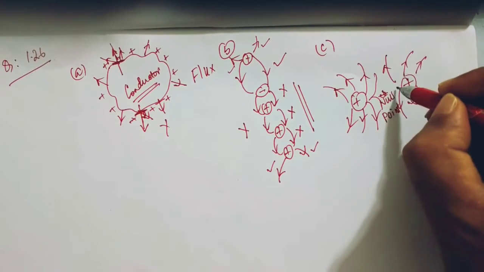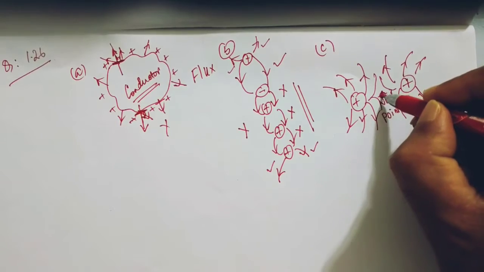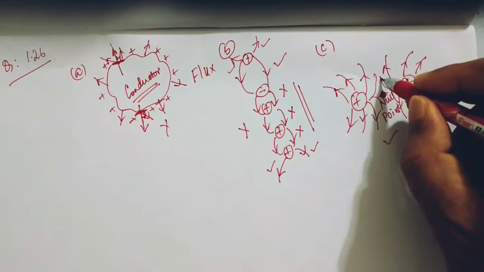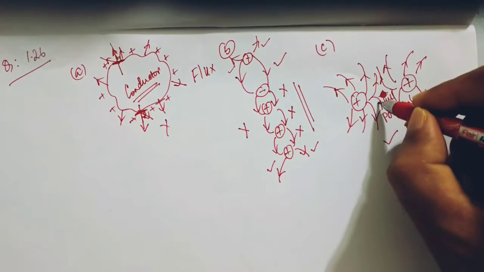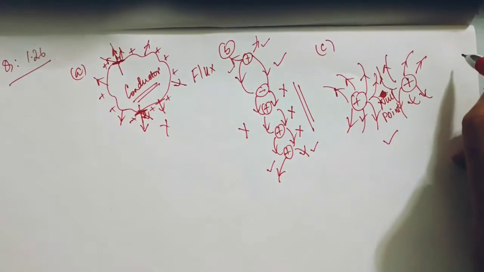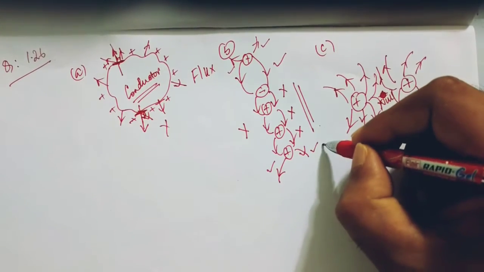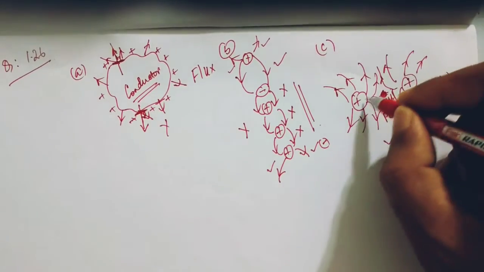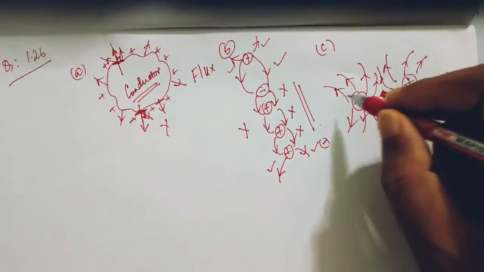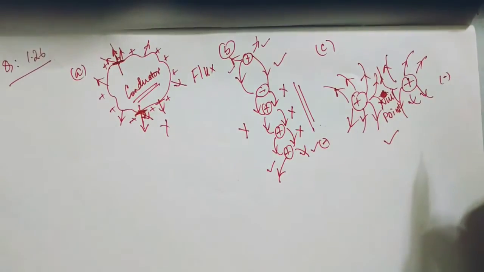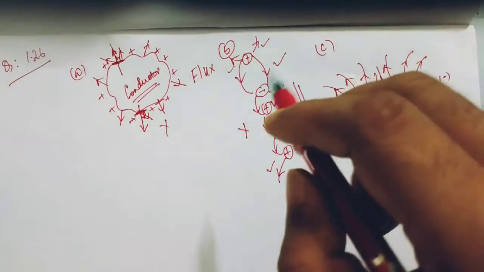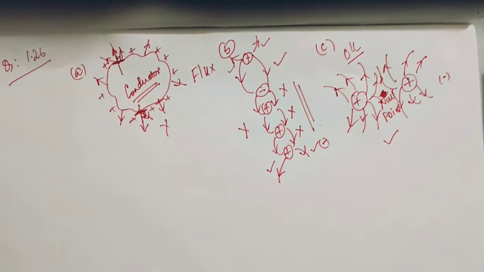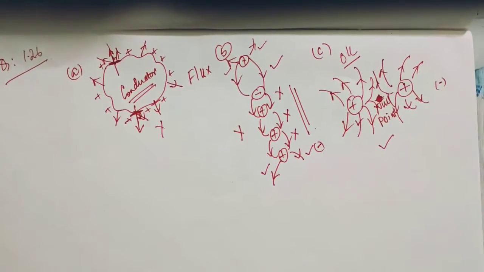It will close, very close, but somewhere there will be some point where the null point exists. So this case is correct, because positive to positive it is not traveling, but instead it is traveling somewhere else, maybe space somewhere, maybe negative could be here, or maybe here. So they are not going from positive to positive. They are searching for negative parts, maybe placed in space. So it is correct. This one represents the electrostatic field line.